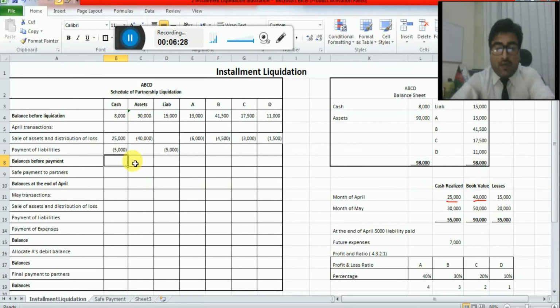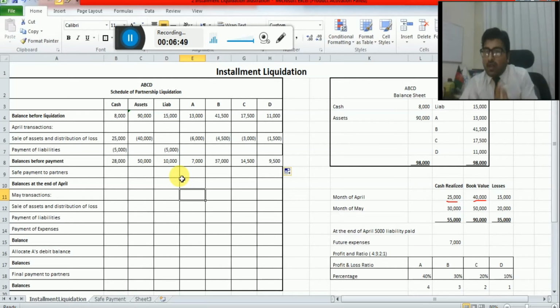And now you have to balance it, so sum and just add all the values, right? Take the value in the range from beginning to the end and just drag it to the right. So these are the balances at the end of April. Okay, students, now what we are doing, a safe payment to partners, as it is installment liquidation, then we have